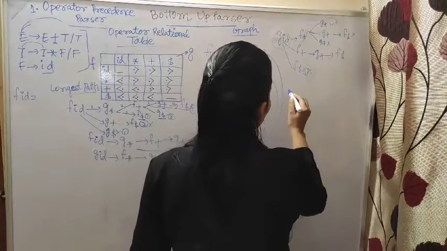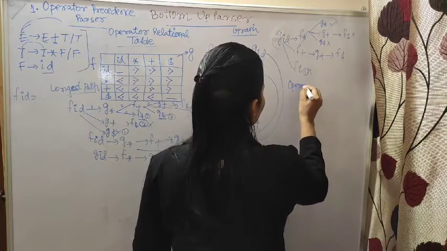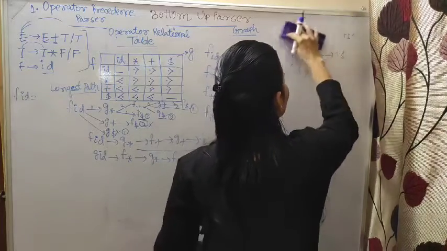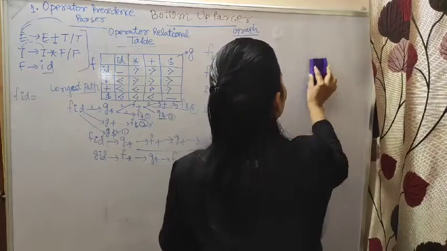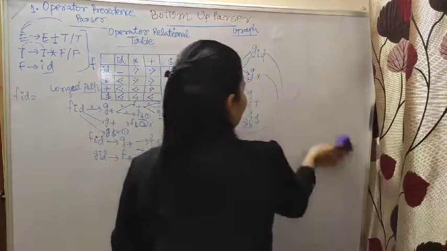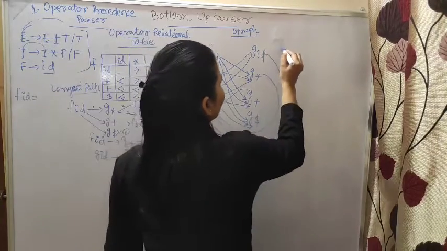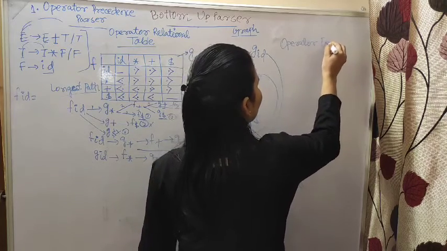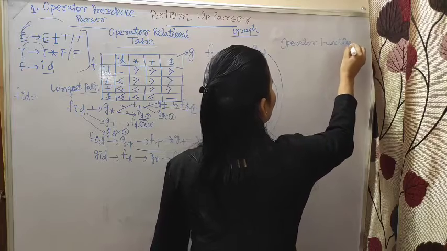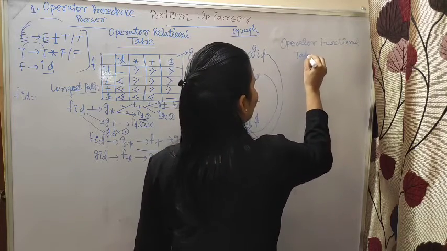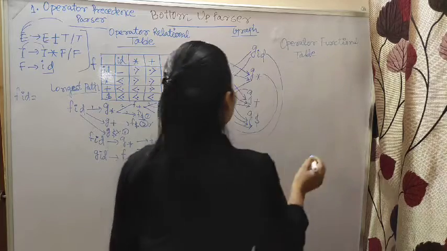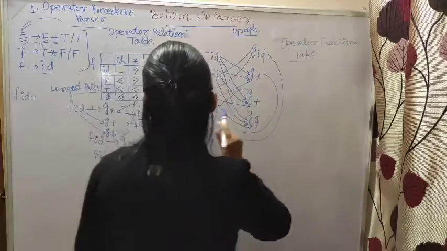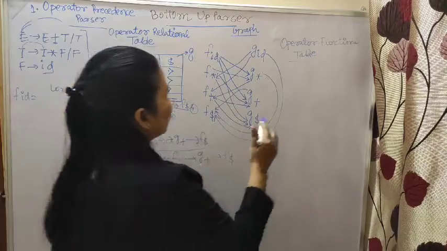Operator functional table will write in the column name same as the operator name. That means